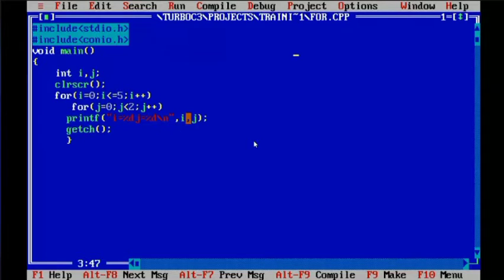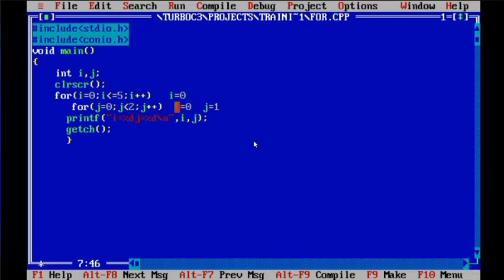So a total of 12 outputs will be generated, where 6 rows will come, and for every row, how many columns will be generated? 2 columns. For j equals to 0, 1 column, for j equals to 1, 1 column. I'm just writing one iteration: for i equals to 0, control will enter inside, and j will be equal to 0 once, then j will be equal to 1. When j becomes 2, 2 is not less than 2, so j will be terminated and control will go back to i. It is better to write like that.